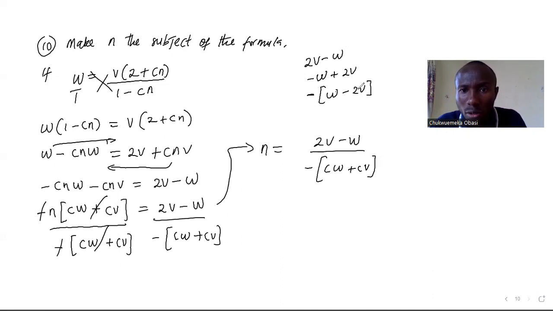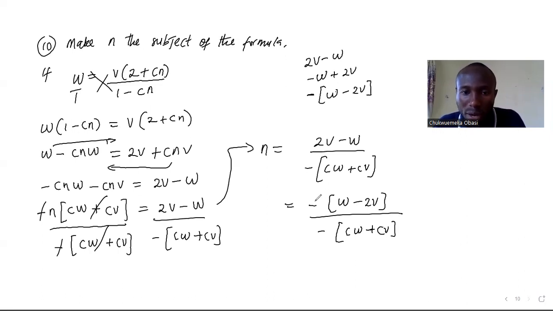Minus times minus 2V will give me plus 2V. So now I have minus into W minus 2V, all over minus into CW plus CV. Finally, these will cancel out, and therefore n is equal to W minus 2V over CW